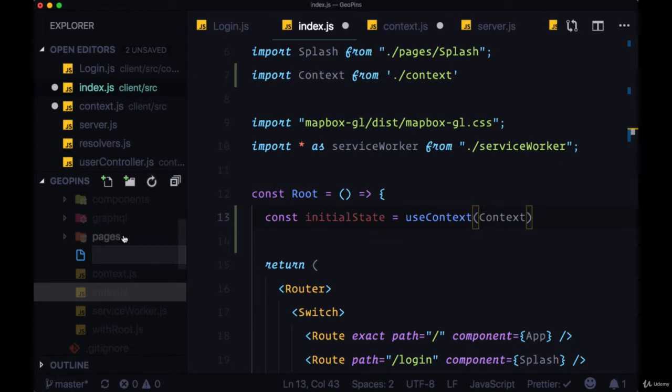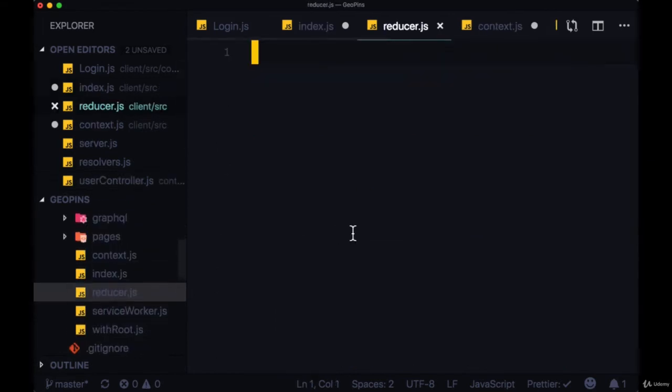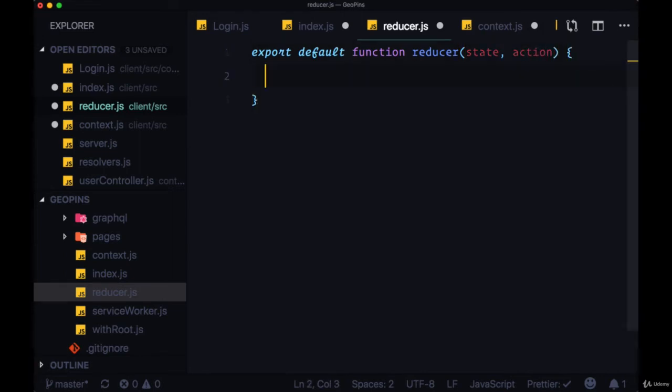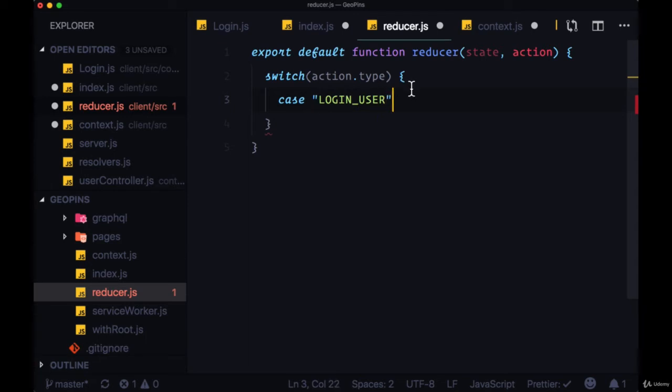Once again within source, we'll add a reducer.js file, and up at the top we'll export default a function which we'll call reducer, and the reducer, when it's executed, will get access to two values, the entire state object as well as the action that's taking place. So according to what action takes place within our application, we're going to set up a switch statement according to the type of the action, which will be available on action.type. And if action.type has a string value of LOGIN_USER, which is the action that will fire off when a user logs in,